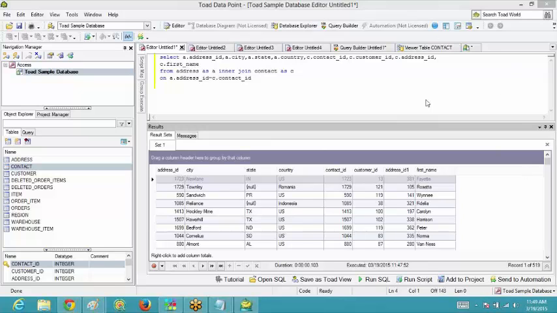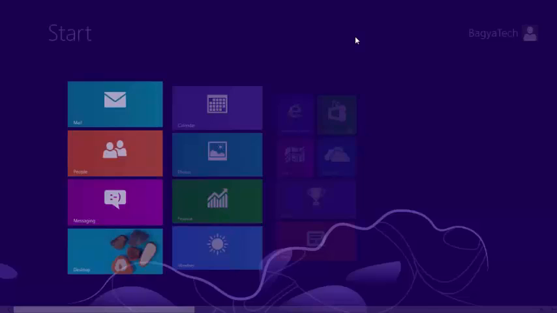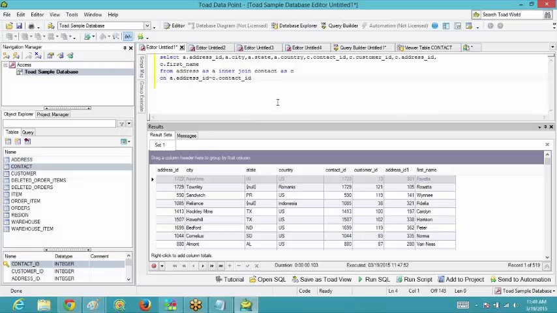Also, before starting, I told you that this is a freeware tool which we are using. So it is not 100% correct. You can only try some of the things, since we don't have a licensed version, and nobody is going to give you the licensed version to practice, because that costs way too much. So this is the reason we are using this freeware, and there are possibilities that there are some problems in the tool.